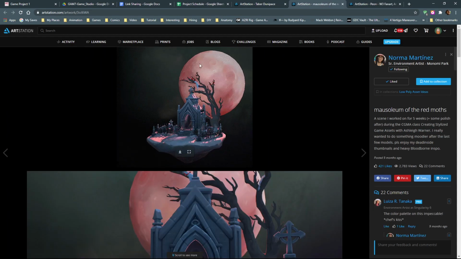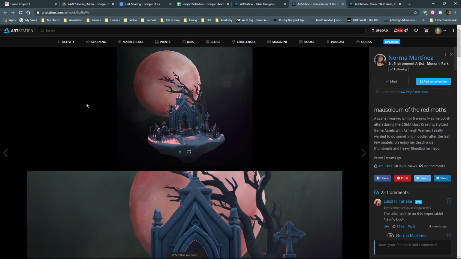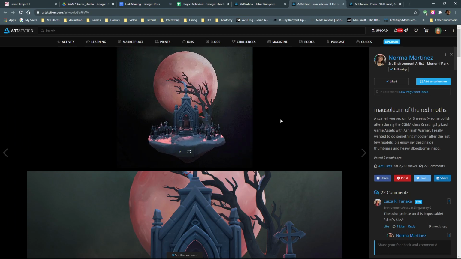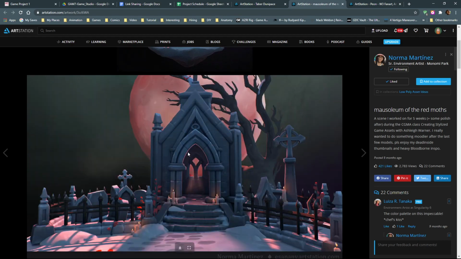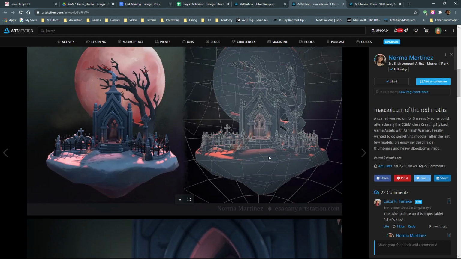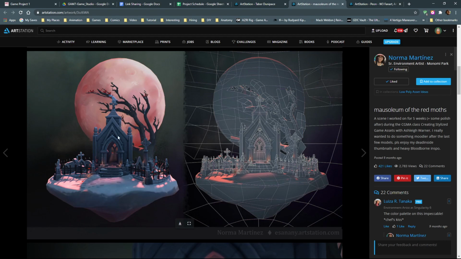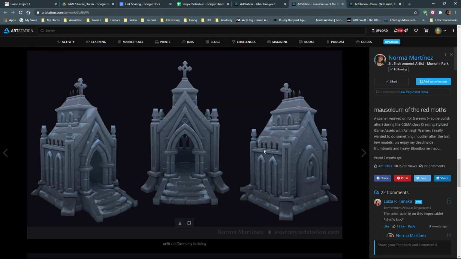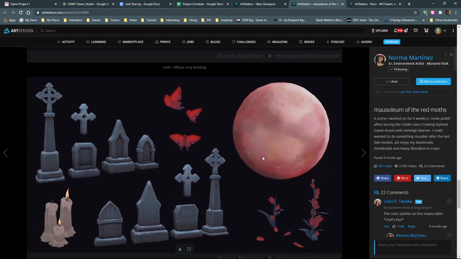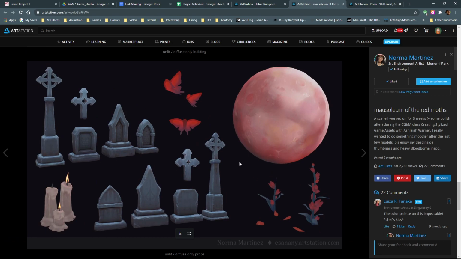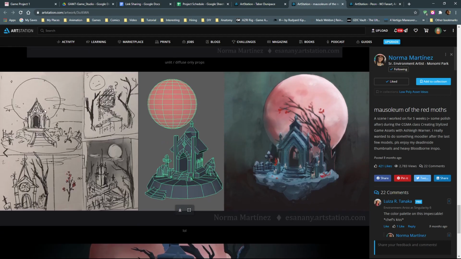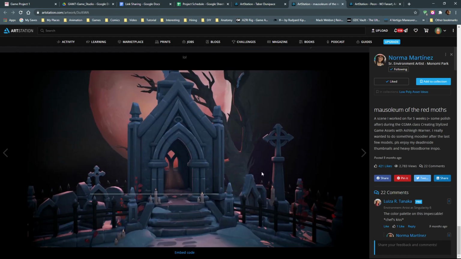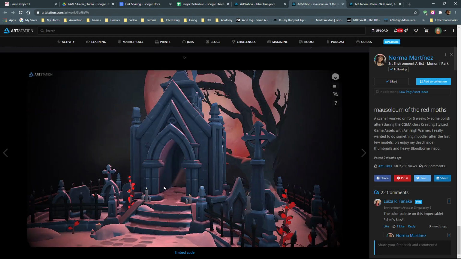Okay? So here's another one. This person's got an animated GIF of this rotating back and forth to show three-dimensionality, but it doesn't have any interaction. Then we've got a large still and a comparison shot of wireframe versus rendered. Close up, close up, close up, a single isolated asset, a sheet of all the various assets that went into assembling that scene, a little bit of concept art and wireframe, as well as concept painting. And then, hey, look, we got a Marmoset again down here. Oh, and this is the same person. I think I was clicking on the same person a few times.